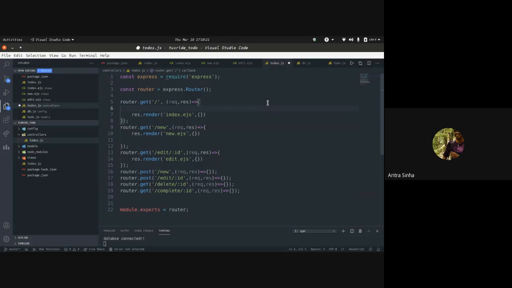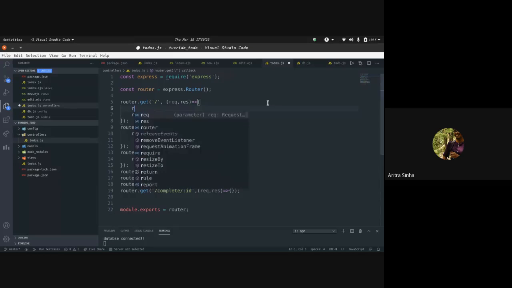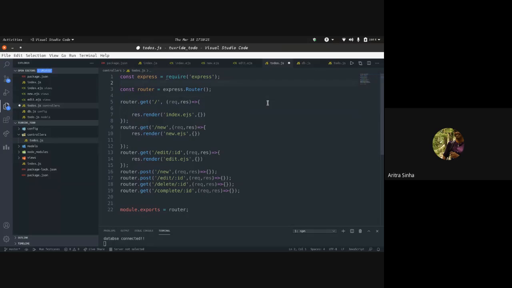So let's go here and write. Okay, so let's include the model that we are using. So const todo equal to require, we'll just require the model, model/todo. Fine. Okay.